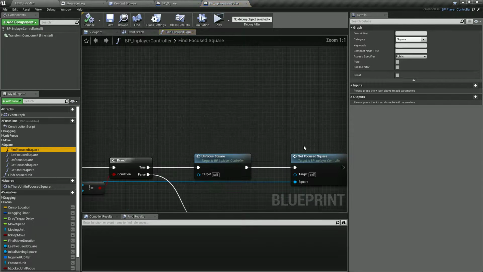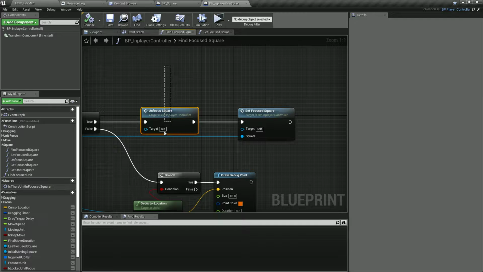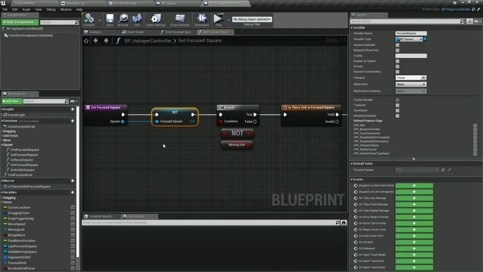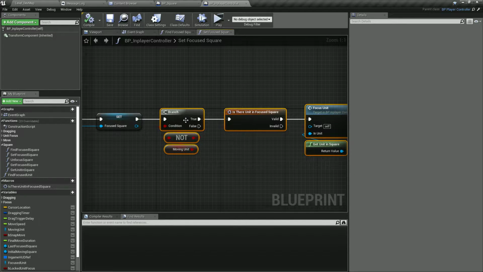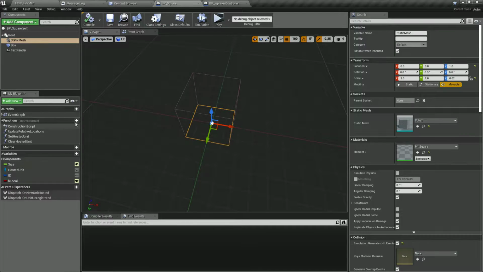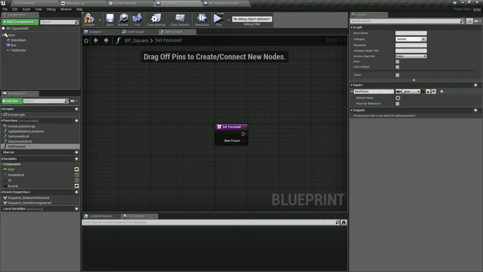Find focus square, set focus square, I think in here. So we want to create a new function here called set square opacity, or actually no, we're gonna call this set focused, and we're gonna put a parameter be focused,